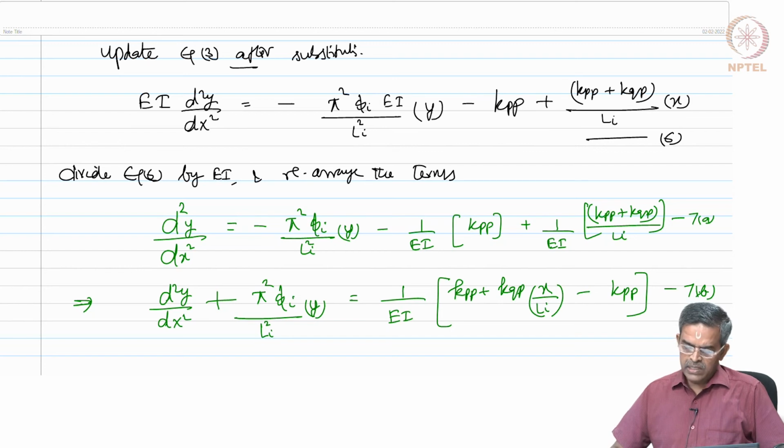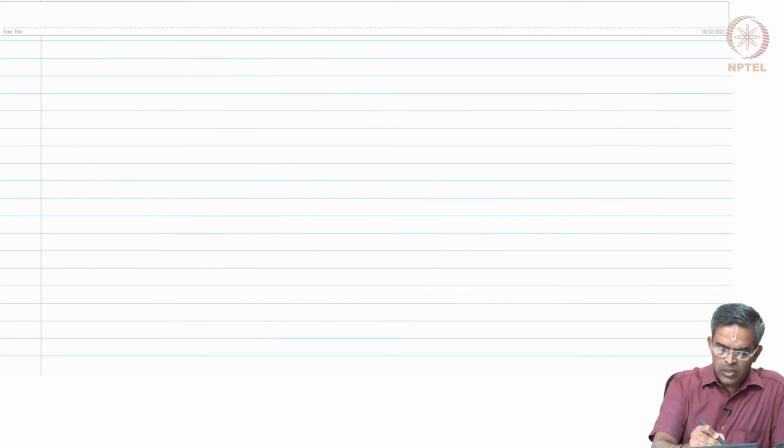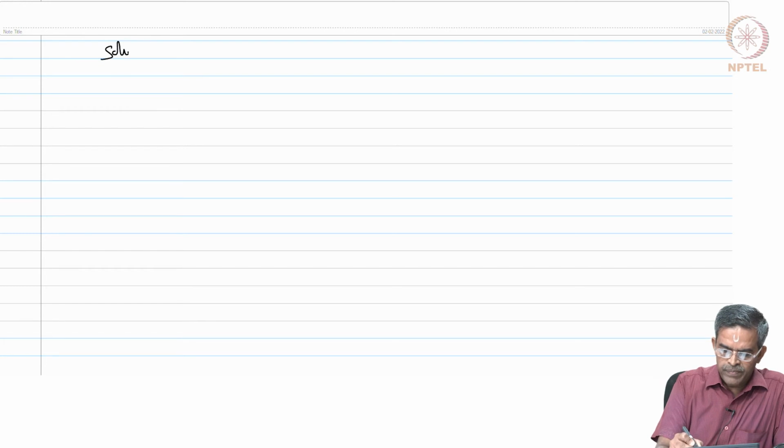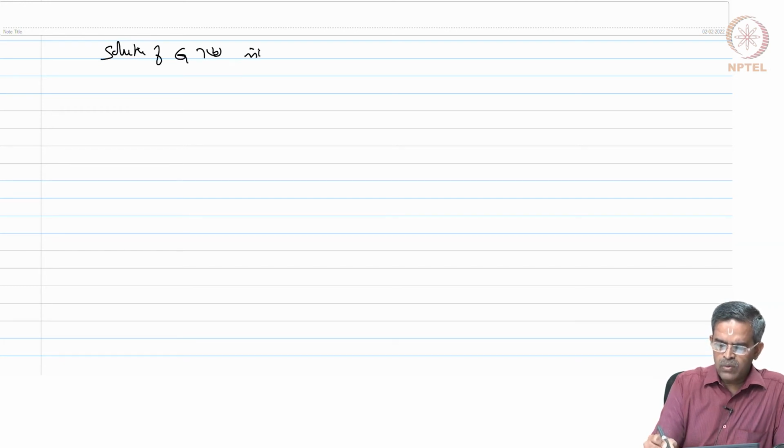Now, look at this equation 7b. It is a second order differential equation where the right hand side is not equal to 0. So, this will have two solutions. One is a complementary function, the other is the particular integral. So, the solution of equation 7b will have two components,